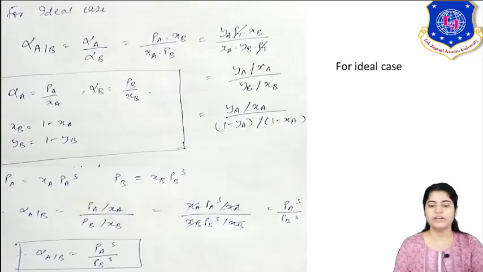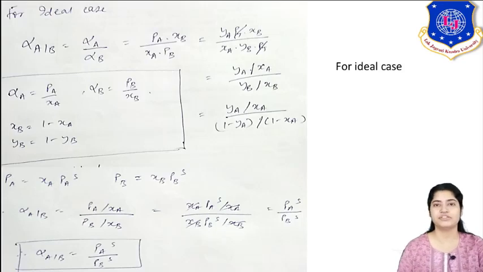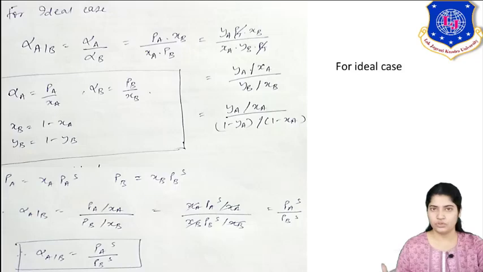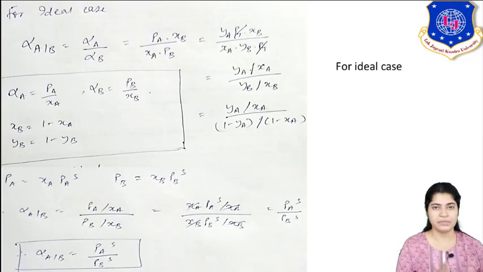Before starting with Raoult's law, you must be familiar with certain equations related to relative volatility. These relations of relative volatility must be thorough, they must be learned by heart. First of all, what is the definition of relative volatility? It is the ratio of volatility of A to B. Now, the definition of volatility is the partial pressure of A upon liquid phase composition, PA upon XA. So learn that first, PA upon XA.